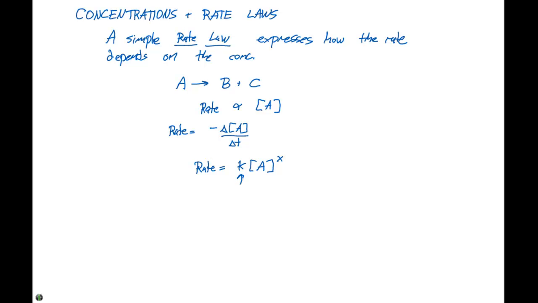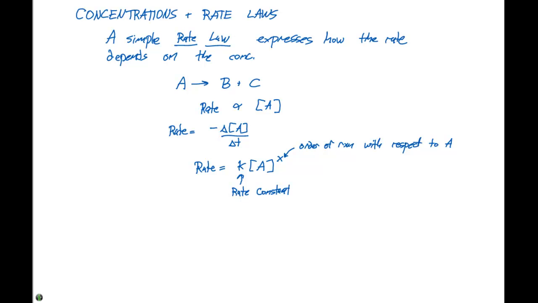This k right here is something we're going to refer to as a rate constant. And x right here refers to the order of the reaction with respect to A. If there were more than one reactant, we would have a longer expression, and we're going to look at a couple of examples of this. But this is how we would write a rate law, and we write the rate law with respect to the